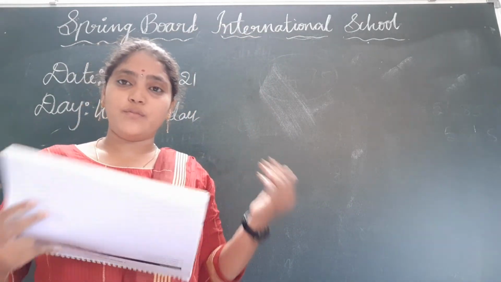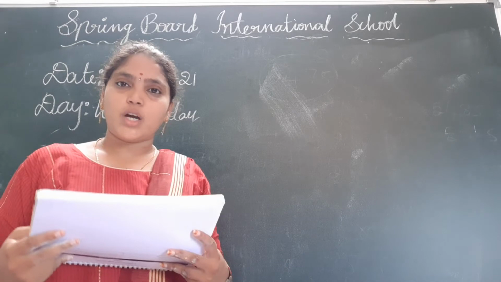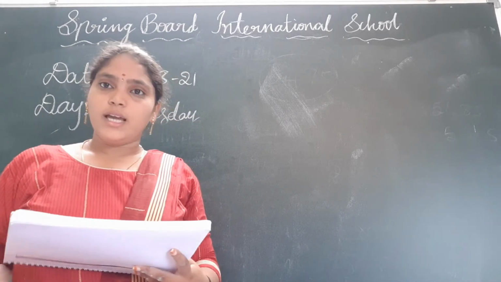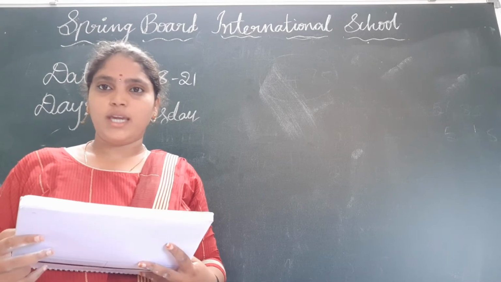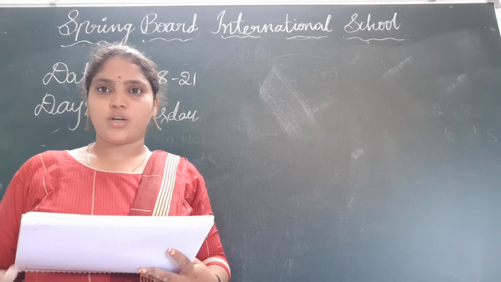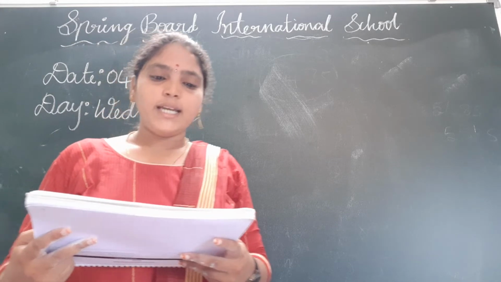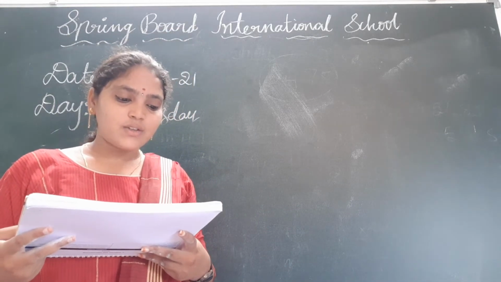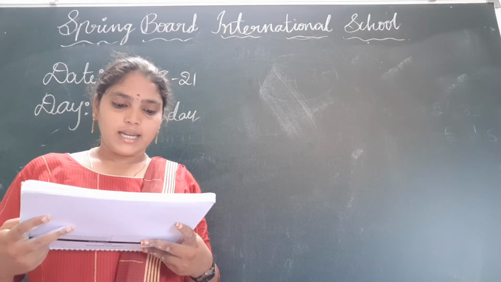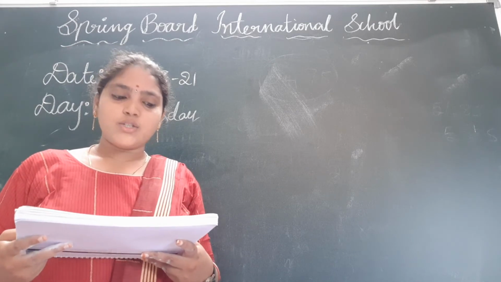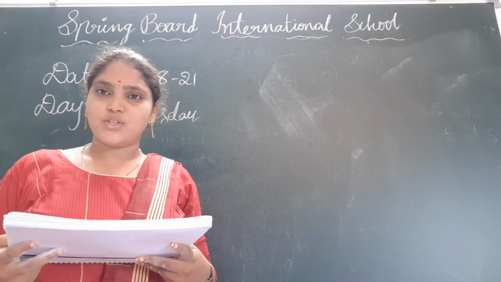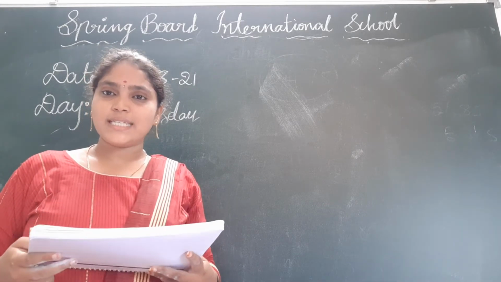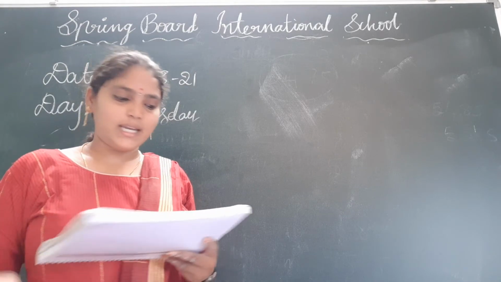For example, if you were born 2002, no. So when did you start school? In 2002 only? No. In 2006 or 2007? No. You have to write in which year did you start school. And then in which years were you in class 1 and class 2 and class 3? So in which year were you in class 3, children? Now you are studying class 3, no. So this is 2021. Am I correct or not?